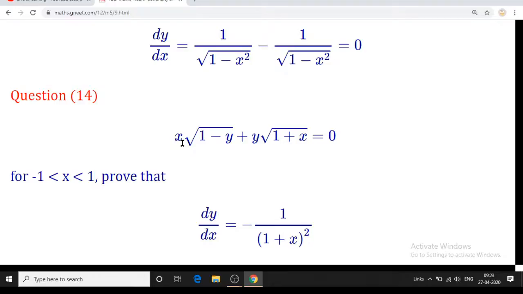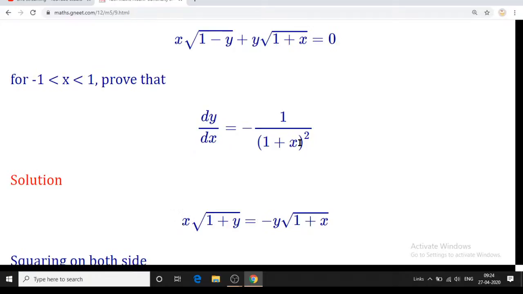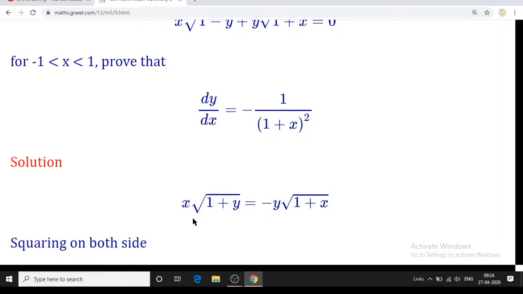Now in such questions, there are two types of question here. One is x, here only y, not y square. And in the other type, when it is given, we will take the right side as 0. So convert, or take this term on the other side and make the square, so that the square root will get cancelled. So that is the first part we are going to do.